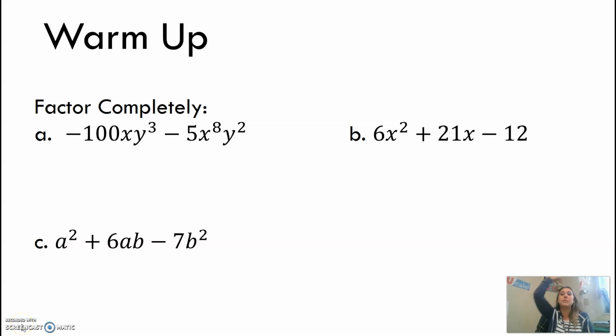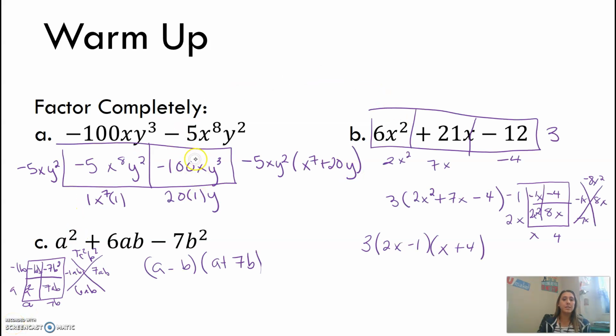Congratulations! This is the warm-up we started with, so go ahead and hit pause and do this warm-up. Make sure you factor completely. Okay, so if you're looking at the answers, on the first one, I went ahead and rearranged it and wrote